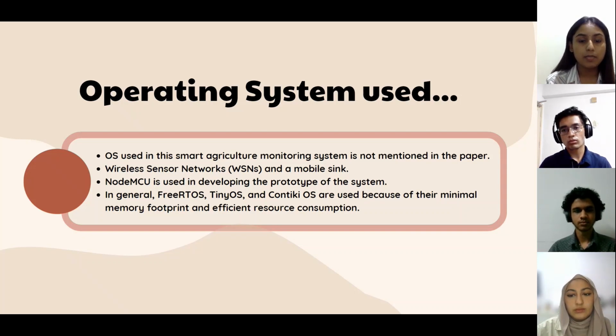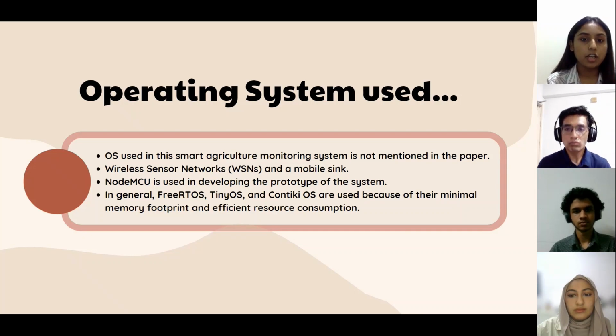The operating system is most likely an embedded operating system developed for low power and resource constrained devices like WSNs. Also, not to forget, the authors have mentioned that NodeMCU is used to develop the system prototype. So this means that there is no operating system required, because the NodeMCU itself makes use of the expressive non-OS SDK. So a Wi-Fi connection can be made with a few lines of code, and input-output pins can be defined according to one's needs, transforming it into an IoT tool required for the system.